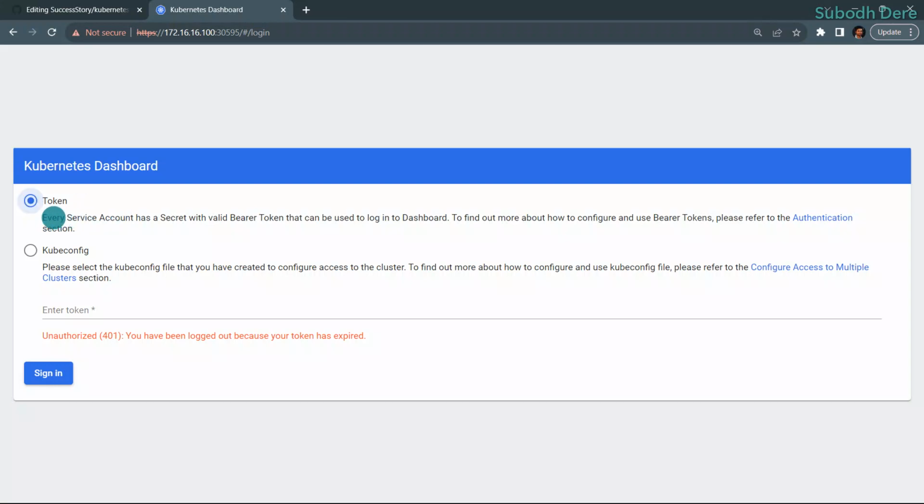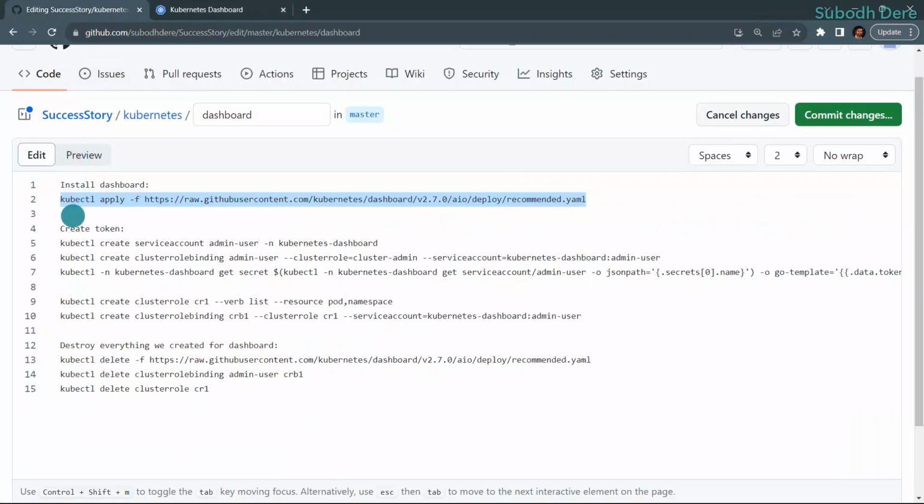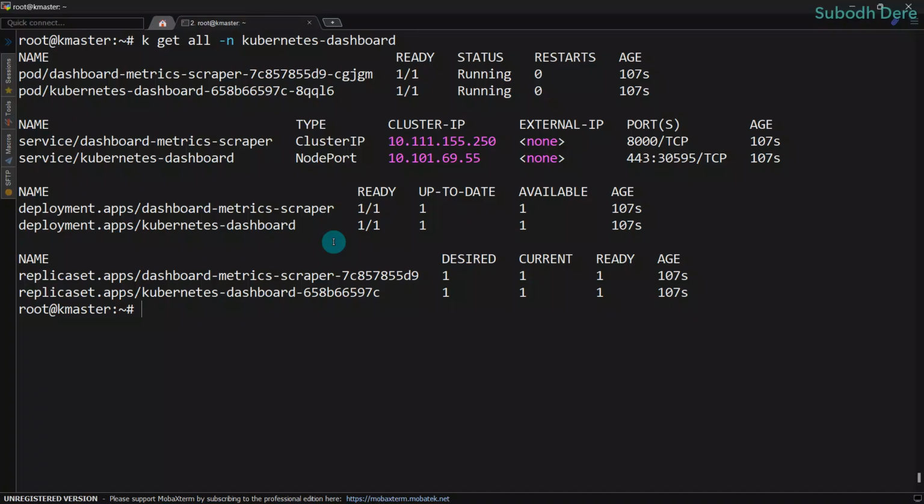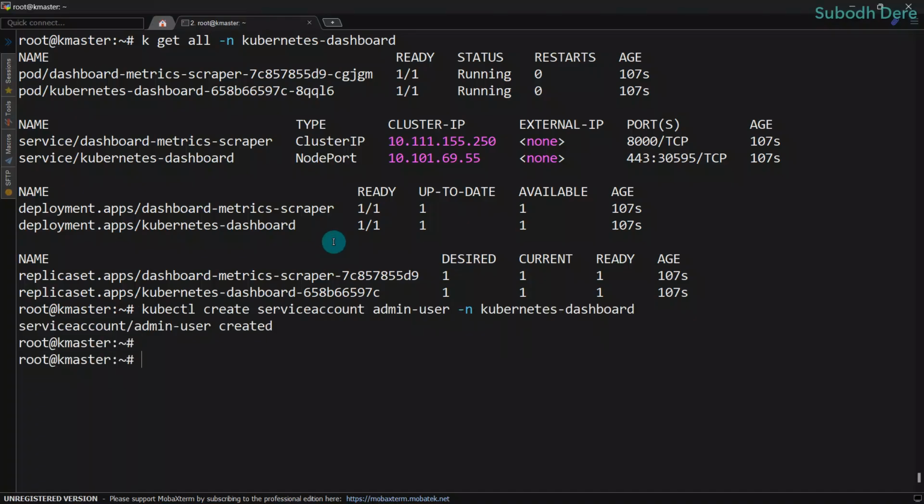So you can see every service account has a secret with a valid bearer token. All those things which are mentioned over here, definitely we will see in practical. Okay, so for that matter, we have to first create a service account in the same namespace kubernetes-dashboard. Each and every service account is associated with one secret. If you see secret -n